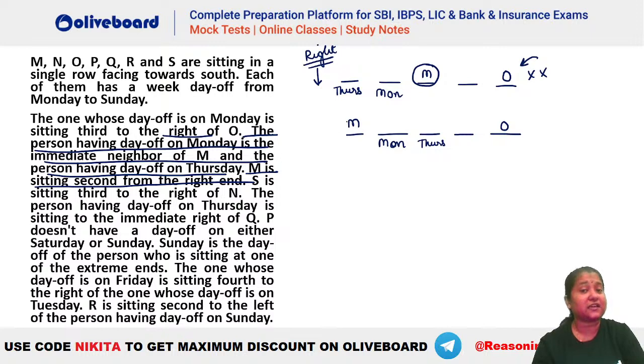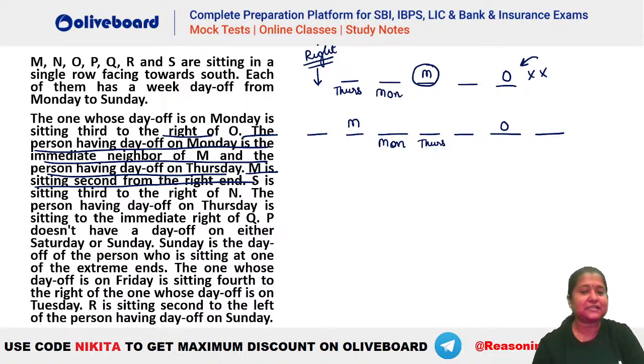M has to be second from the right end. That means we have only one person before M, ठीक है? तो ये M से शुरू हो जाएगा. So you can see how many persons are we getting in here? 1, 2, 3, 4, 5, 6. मतलब एक और person आएगा आपका यहाँ पर, ठीक है? So we have this kind of a arrangement.